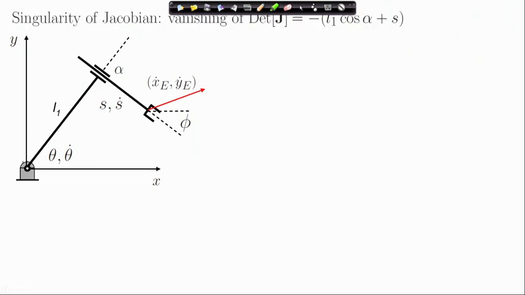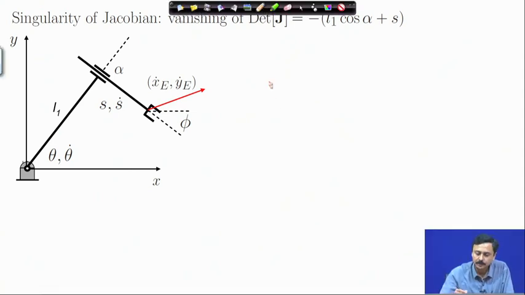Now what happens if this Jacobian vanishes, or where do you have singularity? Now, to understand that,